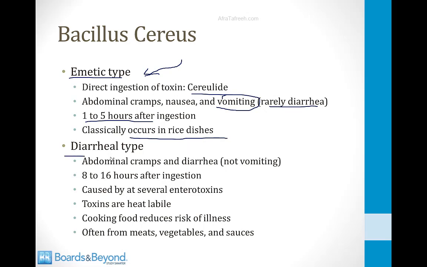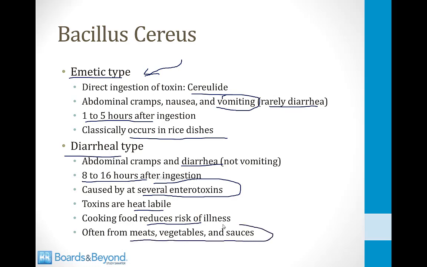The other type is the diarrheal type, which has abdominal cramps and diarrhea, obviously, based on the name. It occurs slightly later, about 8 to 16 hours. It's caused by secretion of several enterotoxins that are heat labile, which means that they are destroyed by heat. So if you cook the foods well, you will reduce the risk of illness. And this often happens not from rices so much, but from eating meats and vegetables and sauces and things like